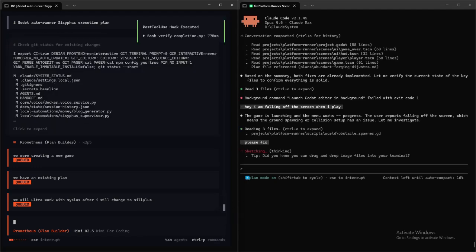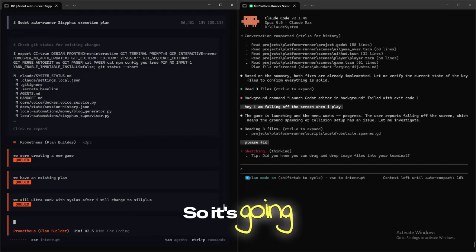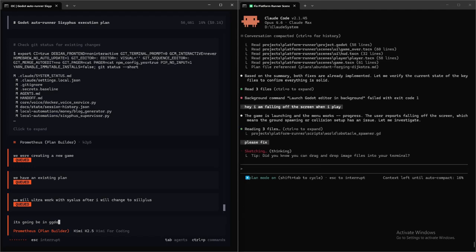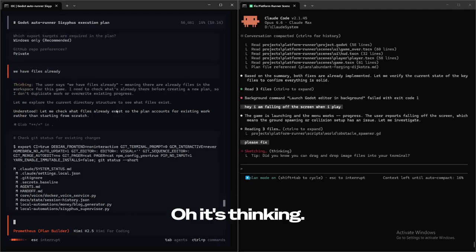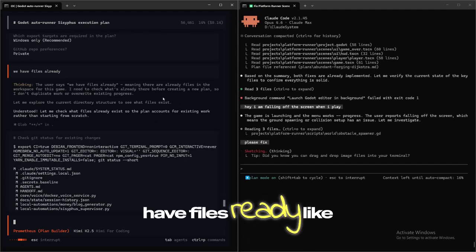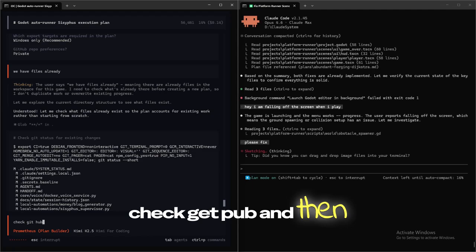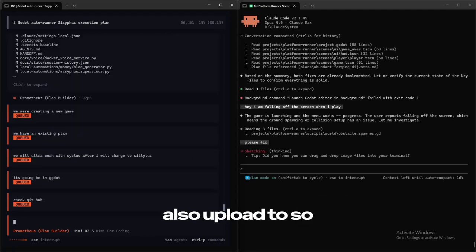Now let's see what happens. So it's going to be in Godot. It's creating the plan. Let's see if it's going to be Claude. I'm not sure, we're going to find out here. What is it doing in the background? Oh, it's thinking. So the user says we have files ready, like check GitHub, and then also